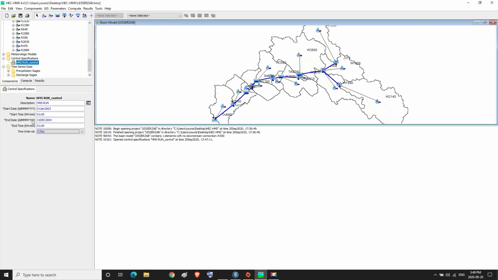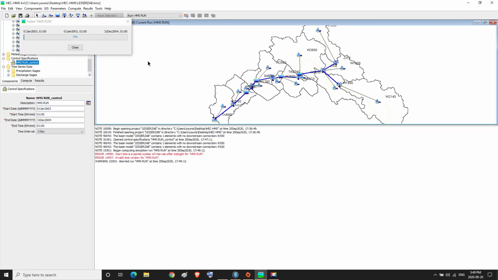Then we go to the drop down menu at the top and we choose run HMS run. Then we press on the compute all elements. Then a red error message appears indicating that the start time is a partial number of the intervals after midnight for HMS run.